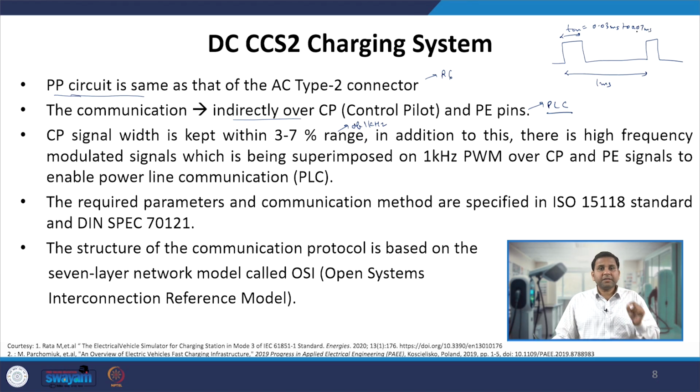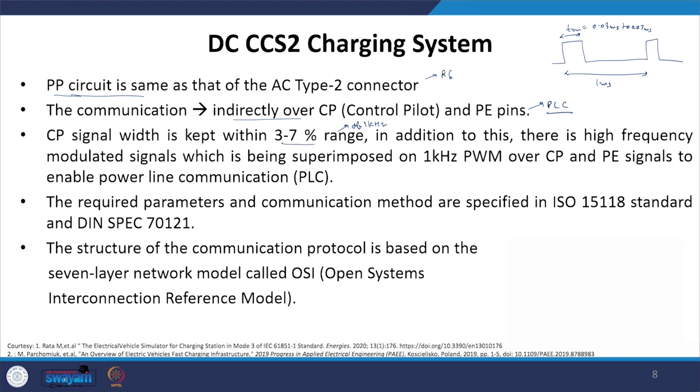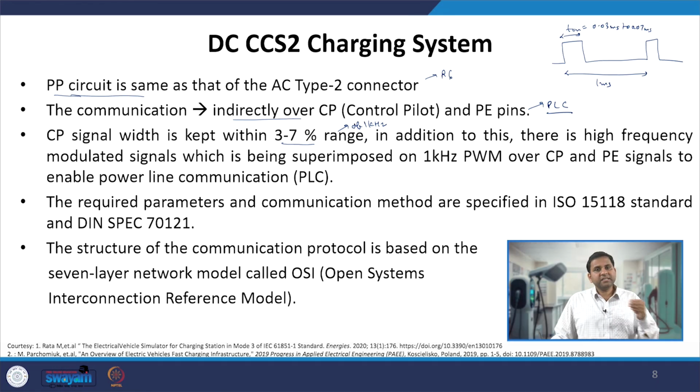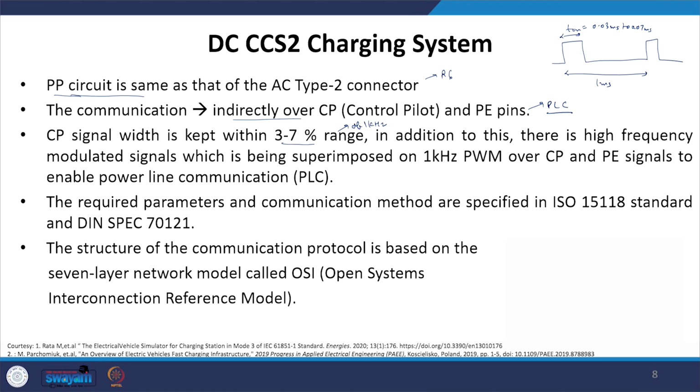That is when we are keeping the duty ratio between 3 to 7% range, and the moment the EVSE keeps the duty ratio within 3 to 7% range, it tells the EV that it is DC charging which is taking place, and thus EV will understand that it is a DC charging and accordingly take required actions. Now in case of CP line, since a lot of information has to be shared between the vehicle and the EVSE, we require a dedicated communication channel, and that communication is happening through the power line communication. Now that power line communication is happening over the CP line.